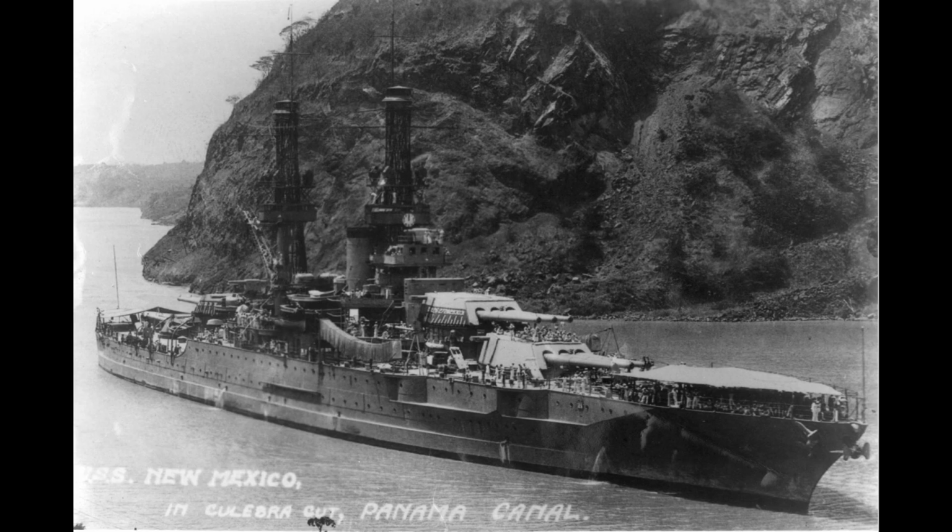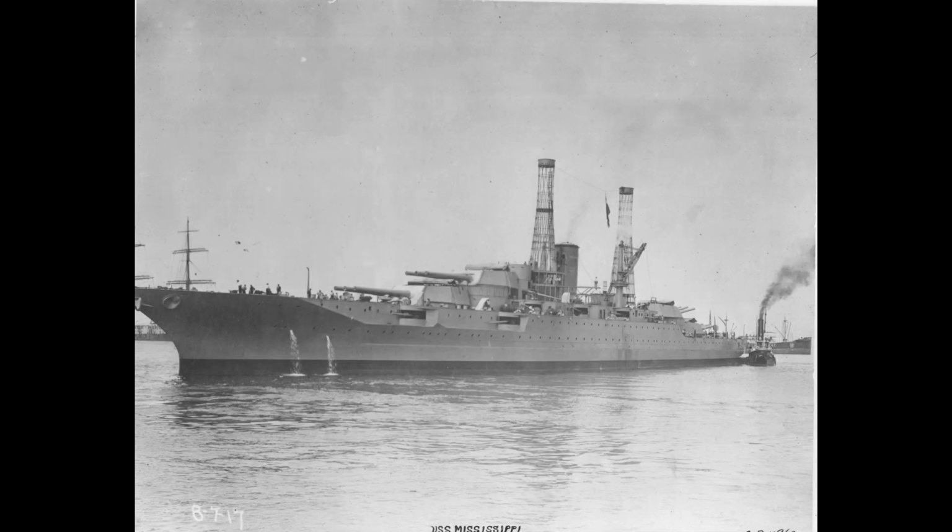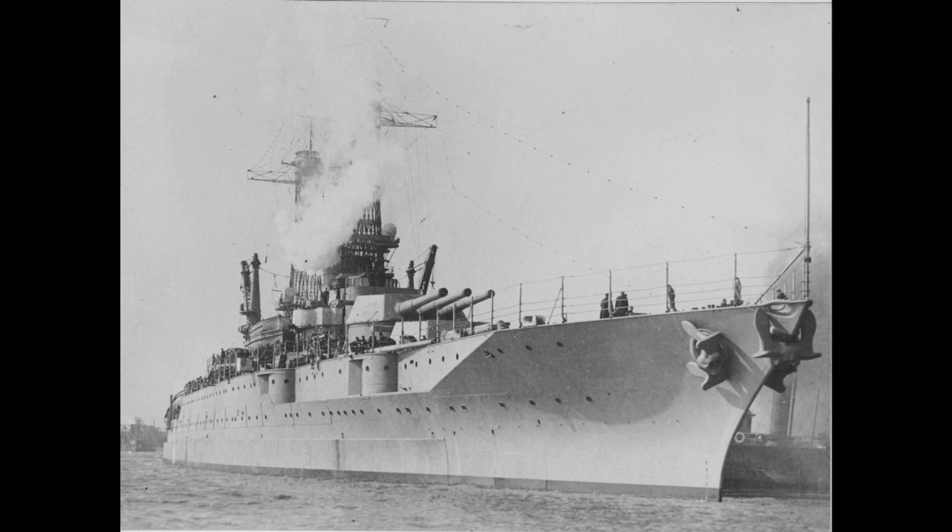Attention now turned to the hull. The ram-style bow of the Pennsylvanias was discarded in favour of a clipper-type bow, largely to prevent excessive water coming over the main deck in heavy seas. The secondary battery was also relocated entirely out of the hull and into the superstructure, although this change came so late in the process, actually whilst the ships were under construction and fitting out, that the first 2 ships had already been completed with hull-mounted casement guns as well as the superstructure-mounted guns, and then these were rapidly removed, ensuring that all the ships would spend the bulk of their service lives with the telltale plated-over casements fore and aft